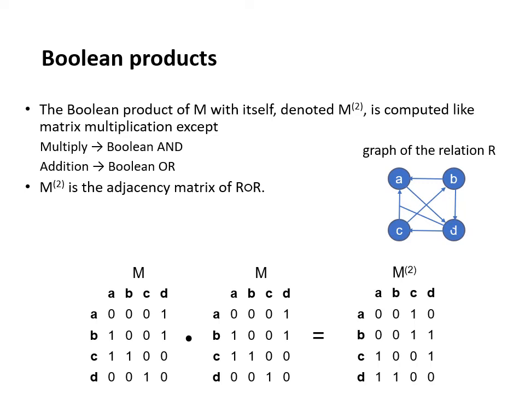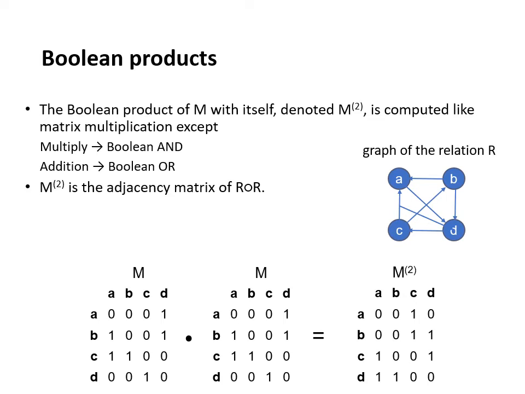So coming back to Boolean products and how to compute them in the context of matrices, the Boolean product of M with itself, denoted M squared, is computed just like matrix multiplication, except that we replace multiplication with AND and addition with OR. And then M squared is the adjacency matrix of R circle R. So we can really easily compute